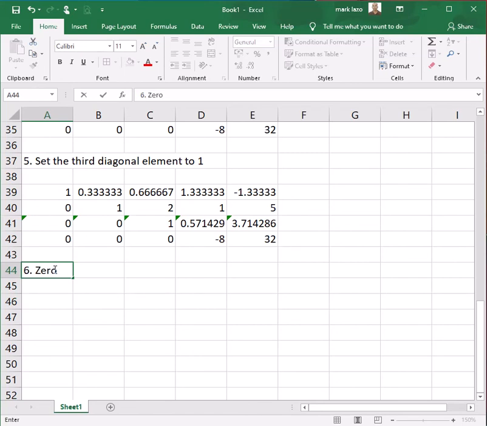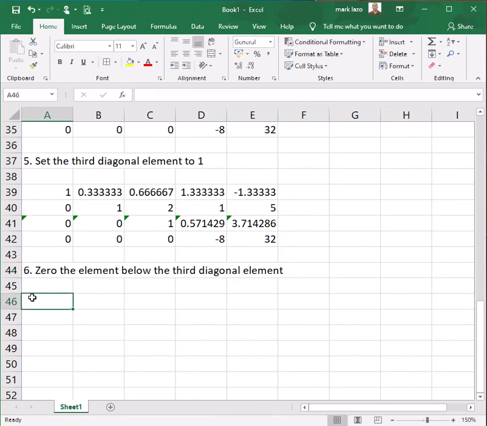So we'll just write the step here: zero the element below the third diagonal element. Since it is already 0, we will proceed with step number 7, which is to